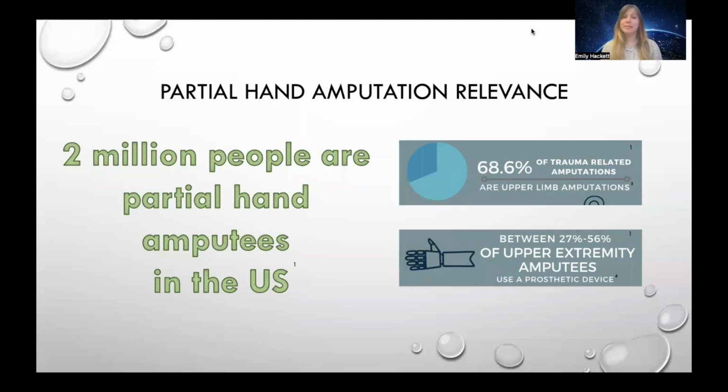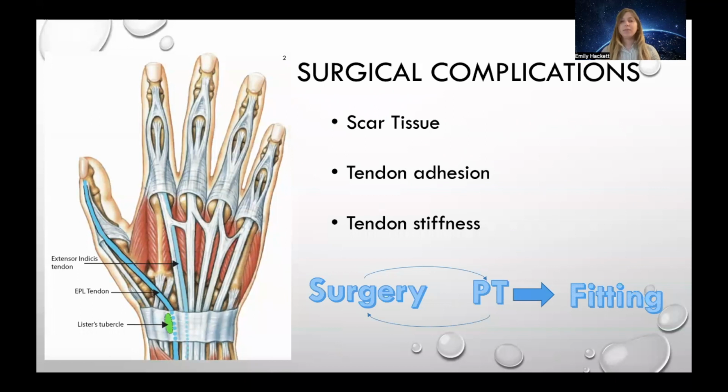Currently, about 2 million people in the US are affected by partial hand amputations, and about 2.4 million more are affected in developing nations. Of all upper extremity amputations, less than half actually use a prosthetic device. This is alarming because prosthetics have been shown to increase mental and physical well-being, as well as decrease phantom limb pain in many cases. A lot of the reasons why people don't use a prosthetic as often as they should